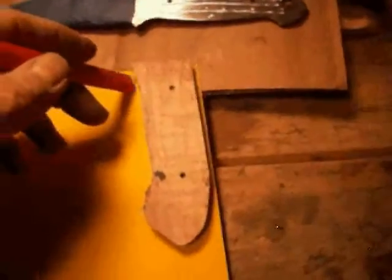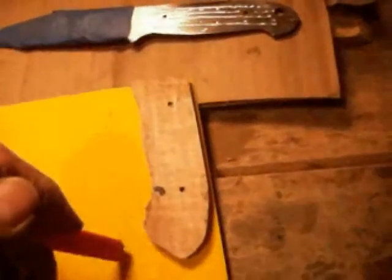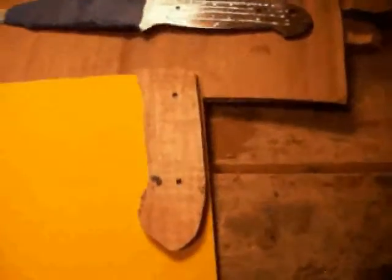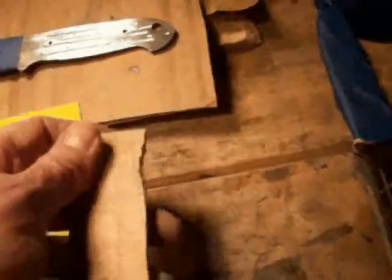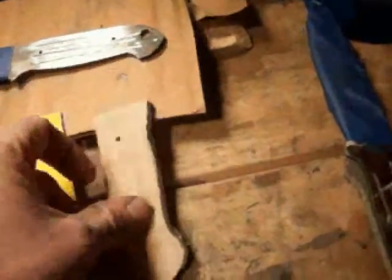I'm going to trace them out with a pencil. I'm going to have to put the camera down to do this, but I'm going to trace them out with the pencil. I'm just going to cut them with a good heavy-duty pair of scissors, and then I'm going to glue them, or epoxy them, directly to the handles before I move on to the next step. I'll get working on that off the camera. For now, I'm going to set the camera down right over here,